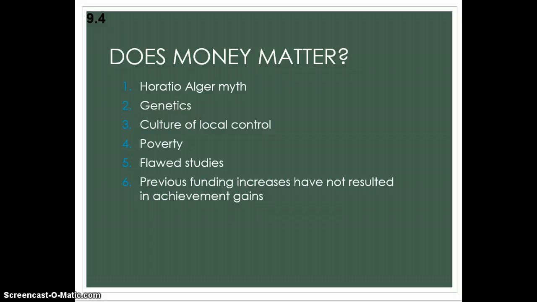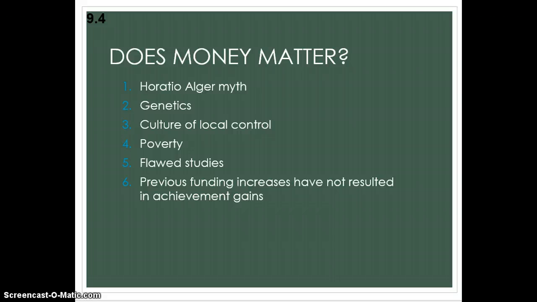In the Kozol book and in this chapter, you'll see discussion of inequalities in educational funding, because over 40% comes from the local district, so spending could be anywhere between $1,000 and $10,000 a student. That could be widely different, and so you have schools with widely different funding. Does that matter? Should we care about that? That's contentious. Some people think it doesn't, and some people think it does. The reasons sometimes people think it doesn't include: